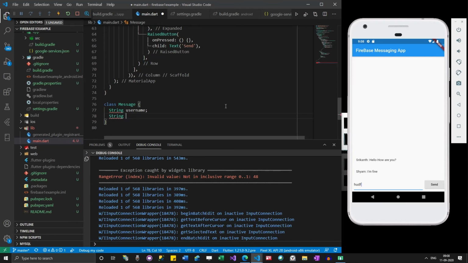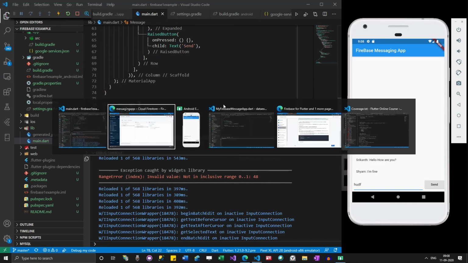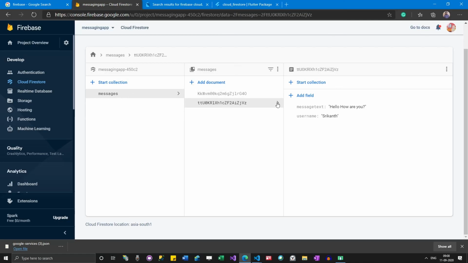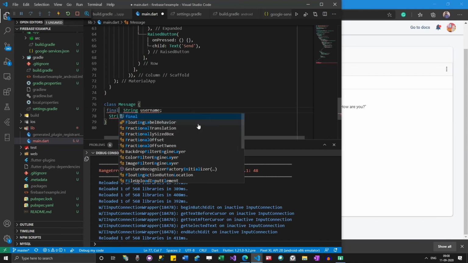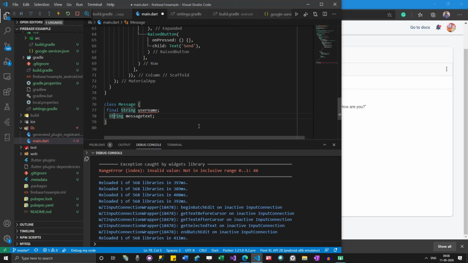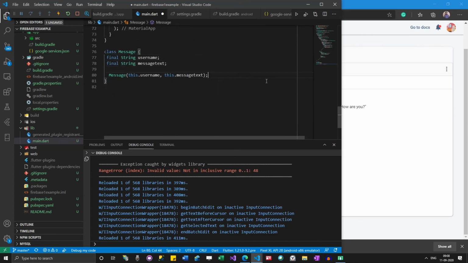These properties will be the same as what we have in Firebase: message text, right? Yes, message text. And then we need a constructor for it. So we got the constructor.